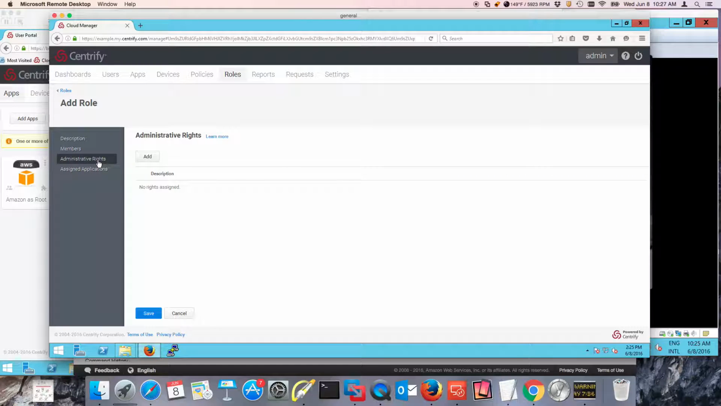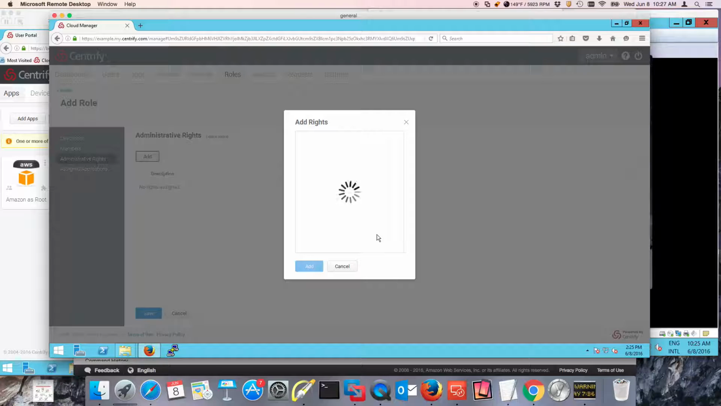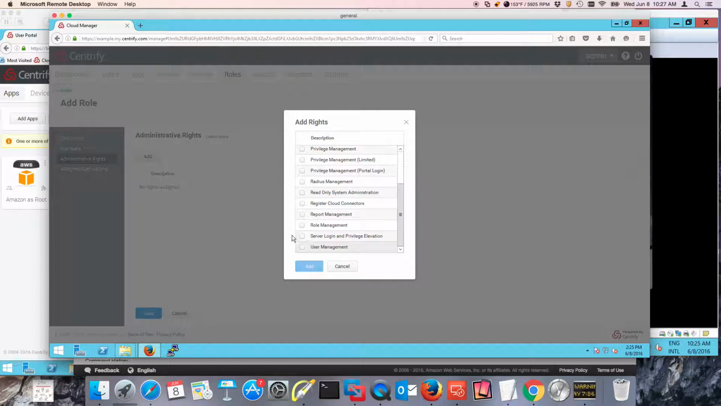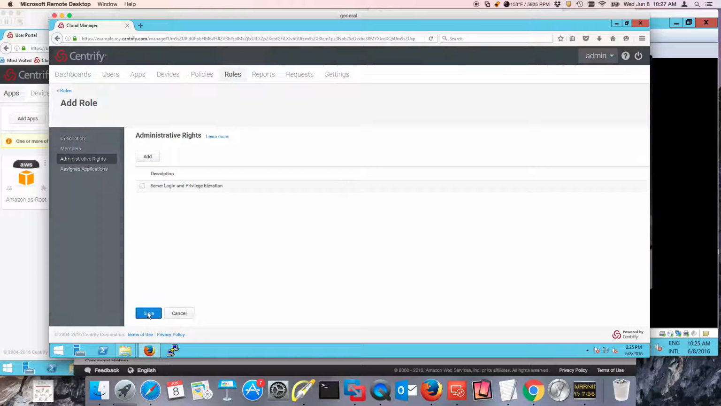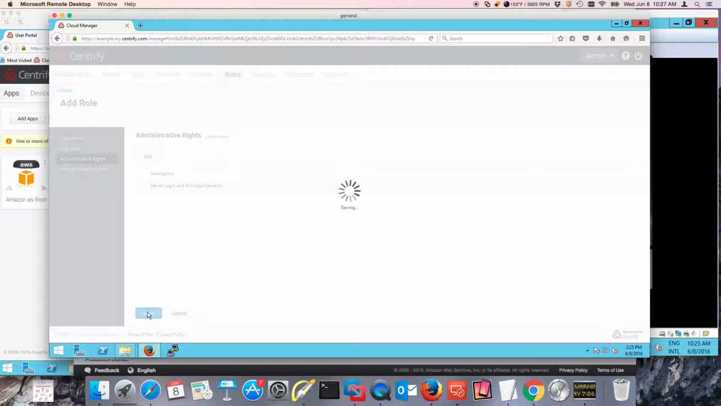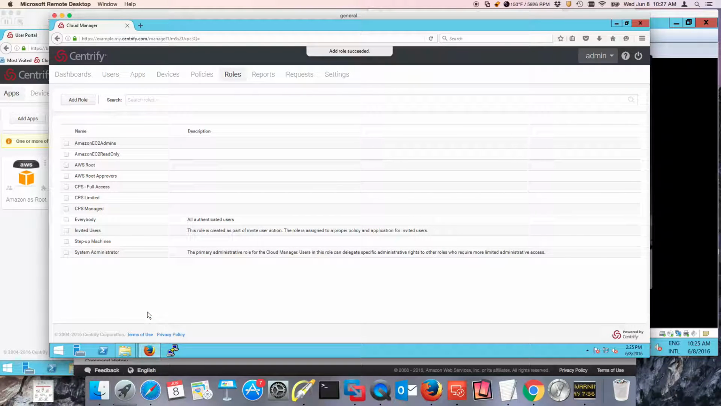And I'm going to add an administrative right to these machines, and it's only the right to perform server login and privilege elevation. That's it. So now the machines have the ability, through the cloud connector, to broker multi-factor authentication requests on behalf